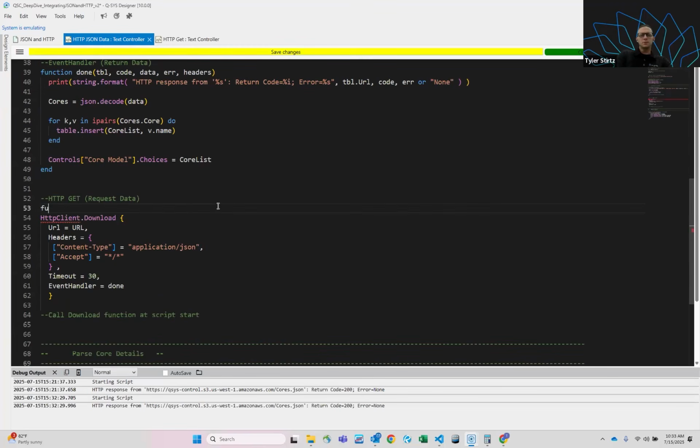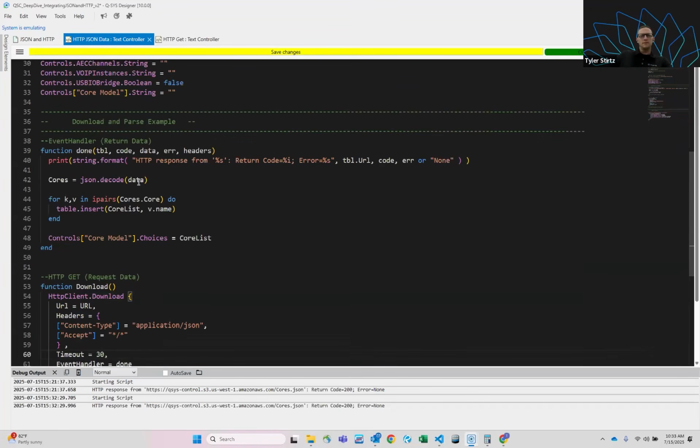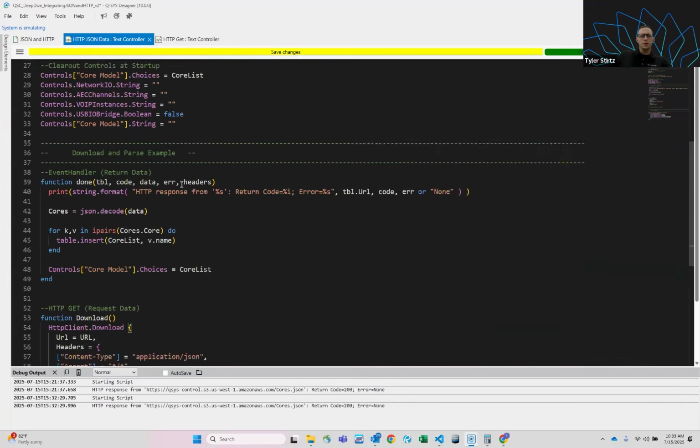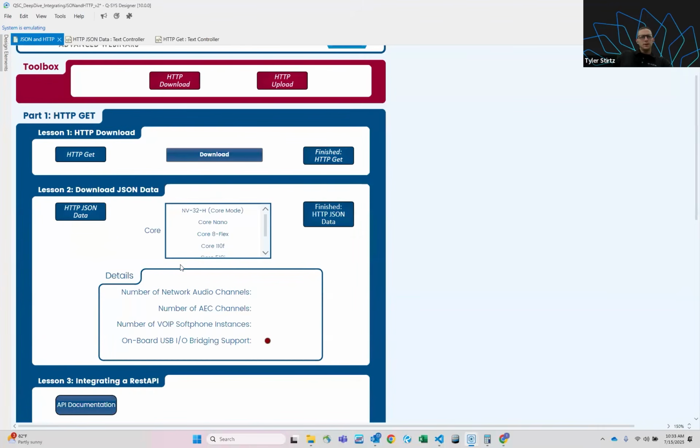If we wanted to make this repeatable, we could call this function download. And now we can call this over and over again based off of an event handler firing or whatever we might need to do. And then to get this to fire on the script start, we can just call out download down here at the bottom. So you can see now